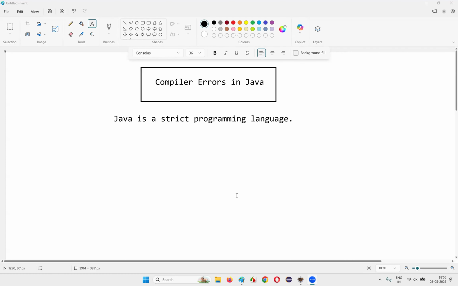In this session, I am going to explain about compiler errors in Java programming. So let's get started. First of all, Java is a strict programming language. What does it mean? If you don't follow the rules and regulations of Java, then you are going to get compiler errors. Before even you run the program itself, you are going to get the compiler errors if you write the Java code without following the rules and regulations of Java, because Java is a strict